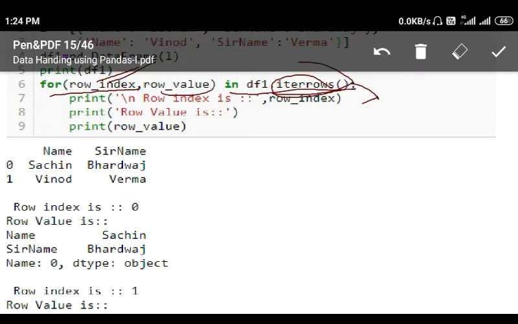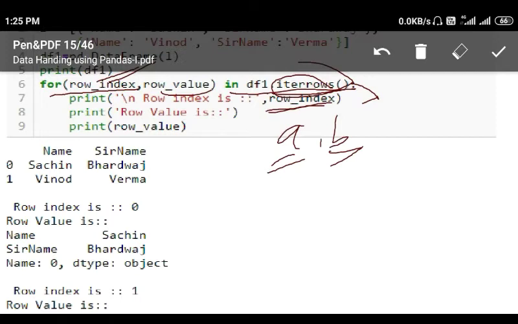These are variables, you can write a and b also in place of row_index and row_value. So in a it will store the row index, and in b it will store the row value at that particular index. So it will print the row index.